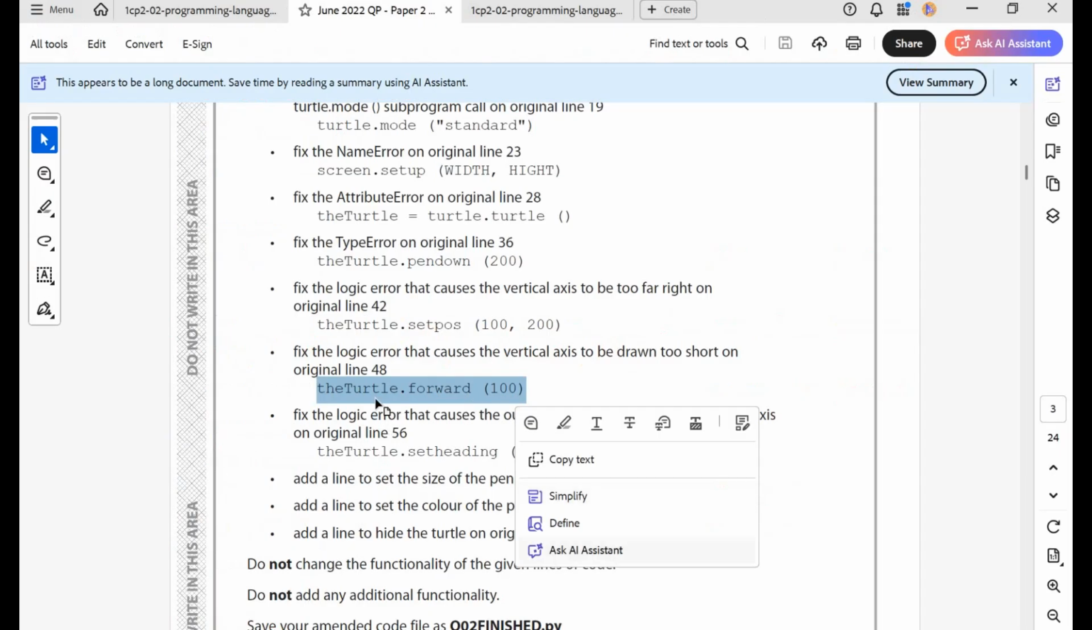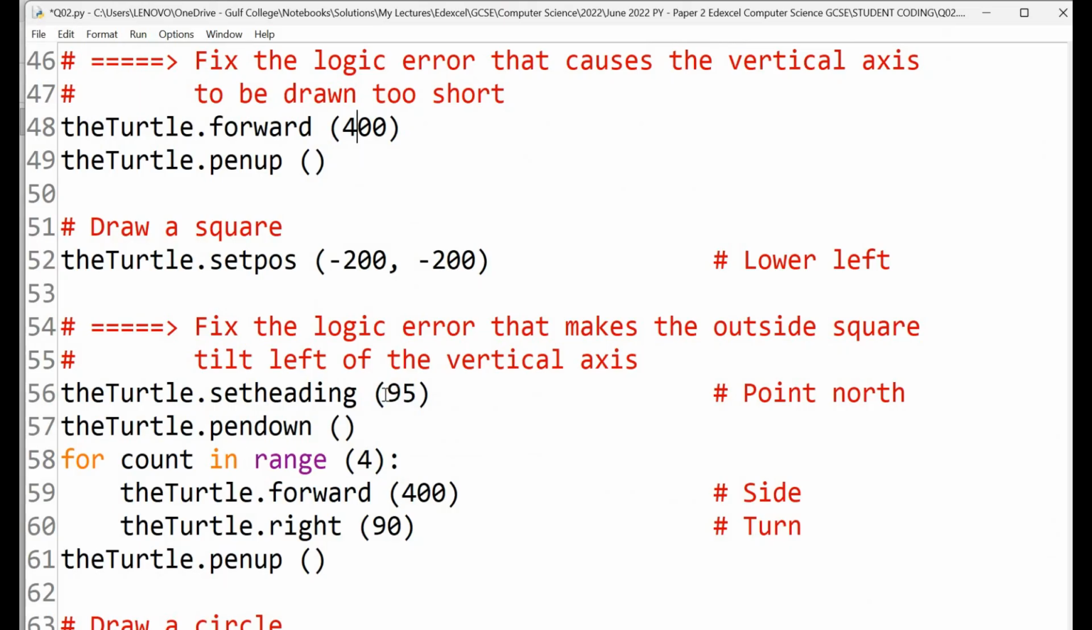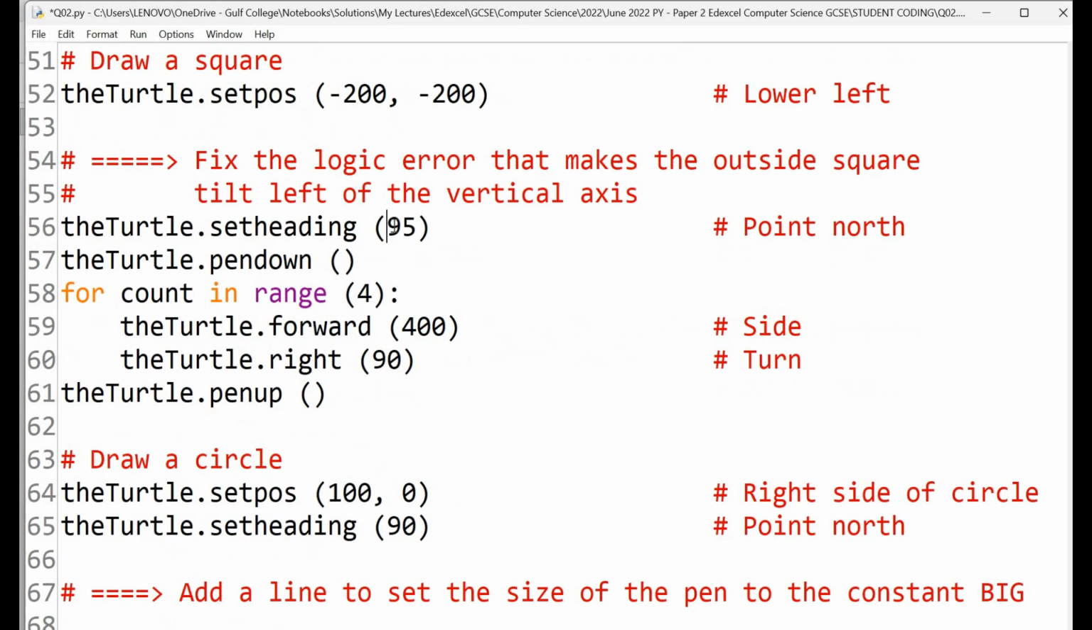Next question. Fix the logic error that causes the outside square to tilt left of the vertical axis on original line number 56. On original line number 56, you have written 95. Okay, because if you want to write exactly, then the angle should be 90. Exactly, set heading should be 90. Okay. Next question is,